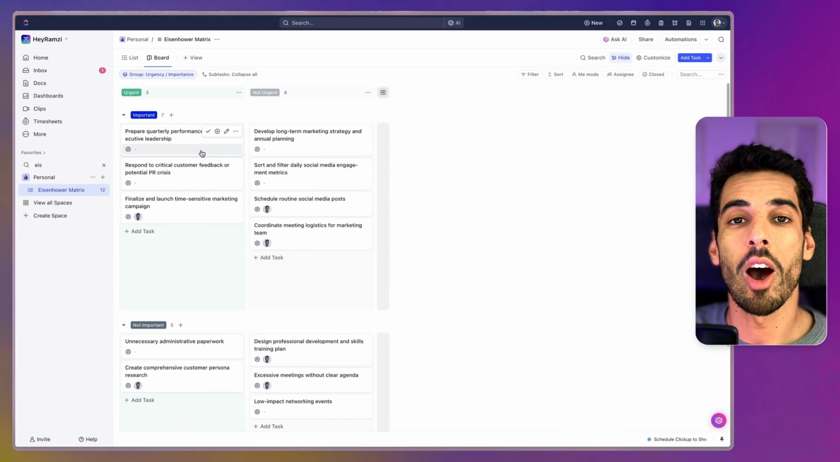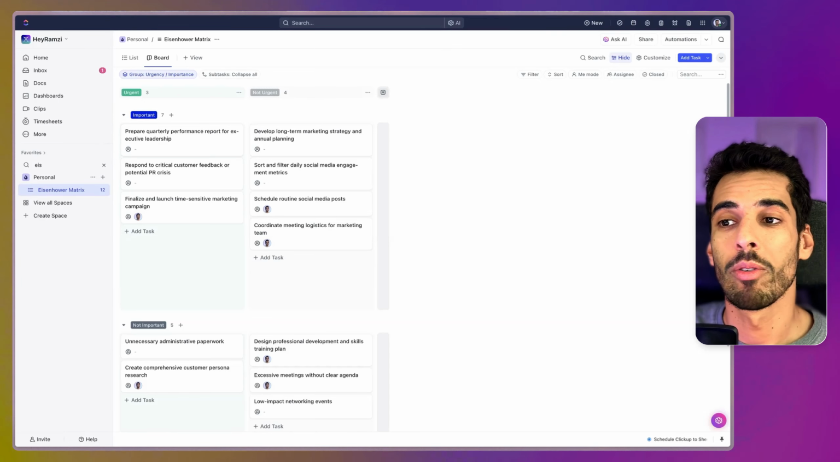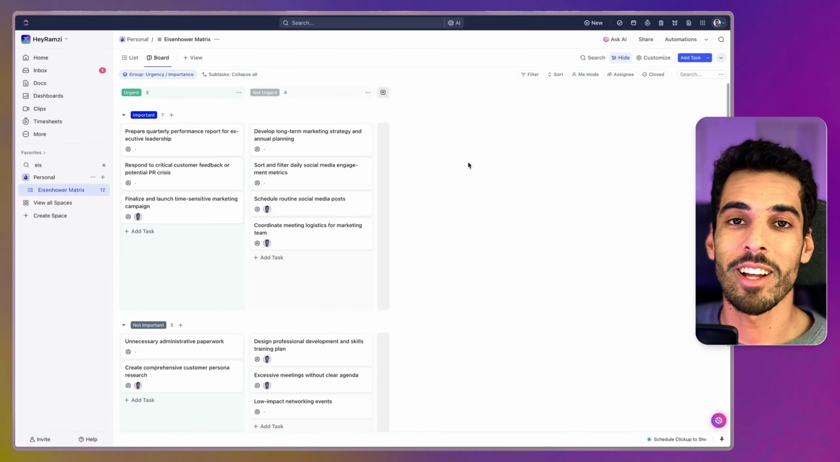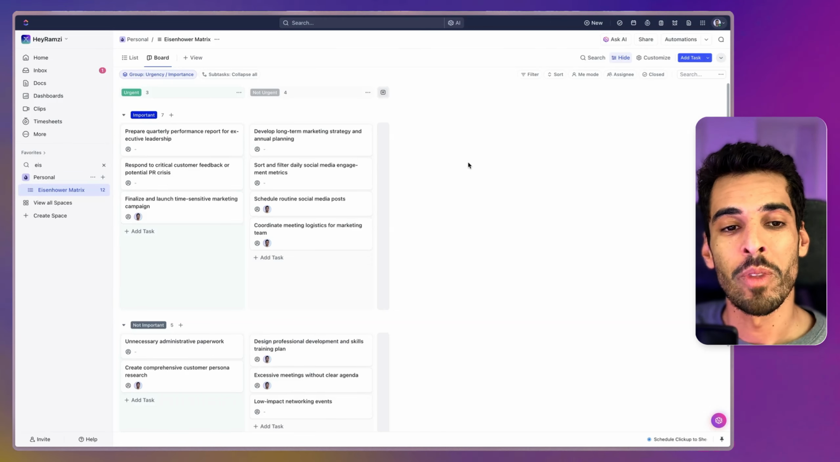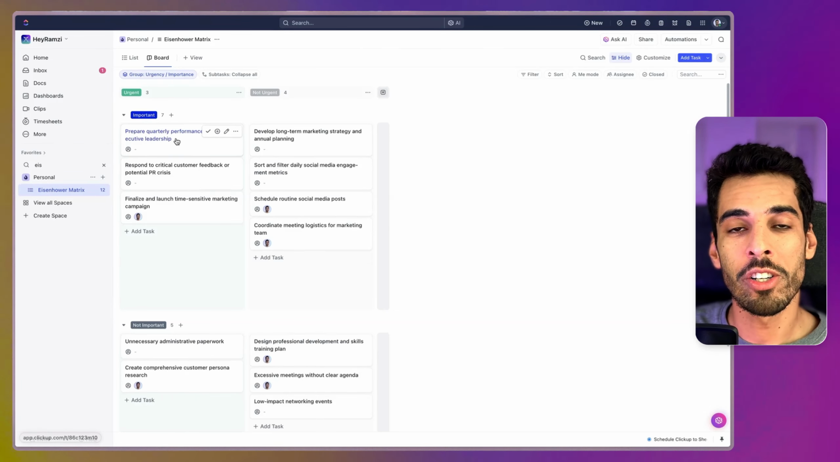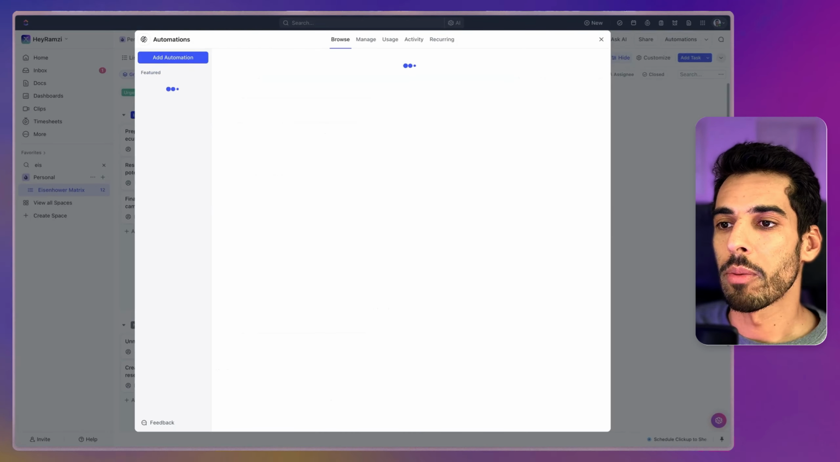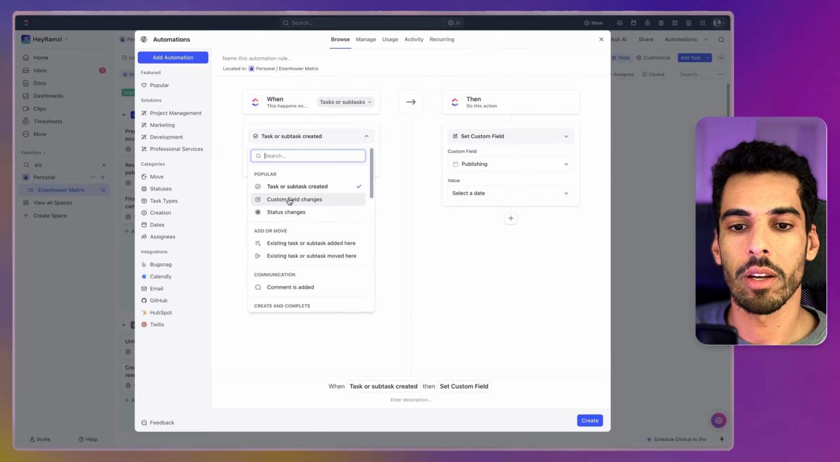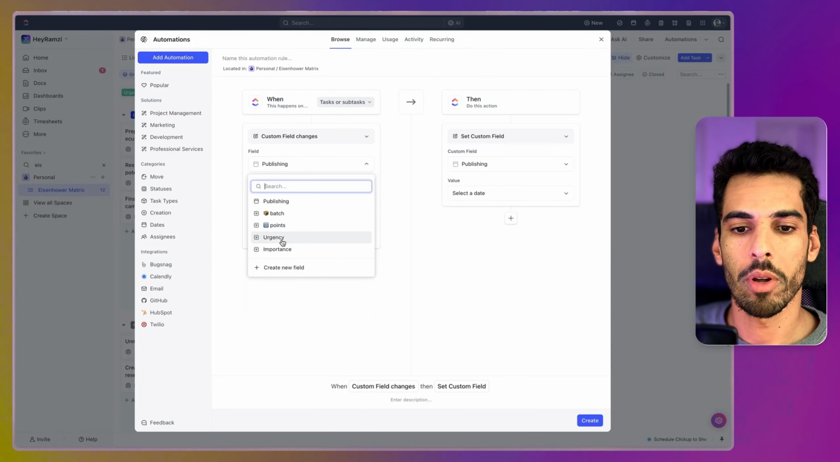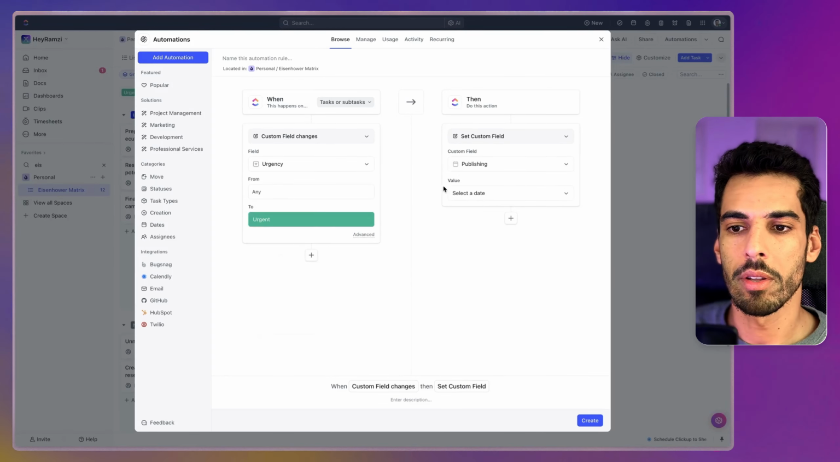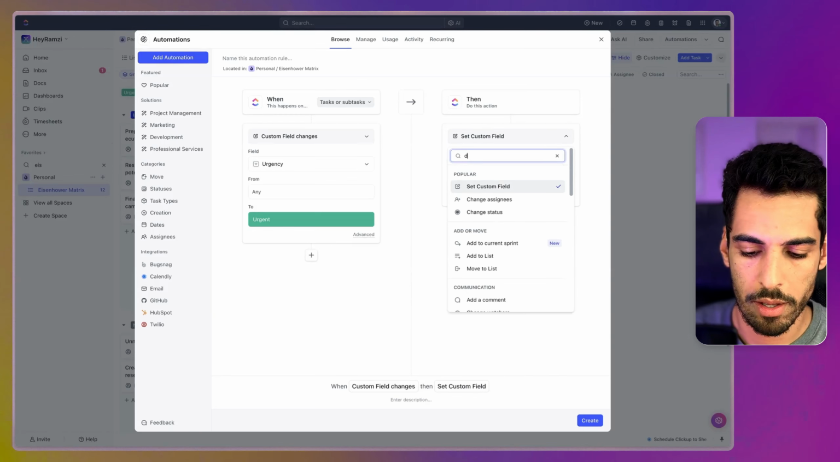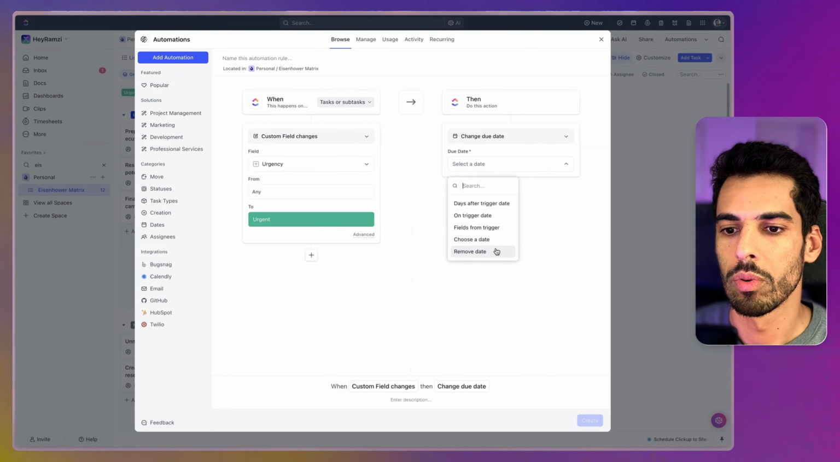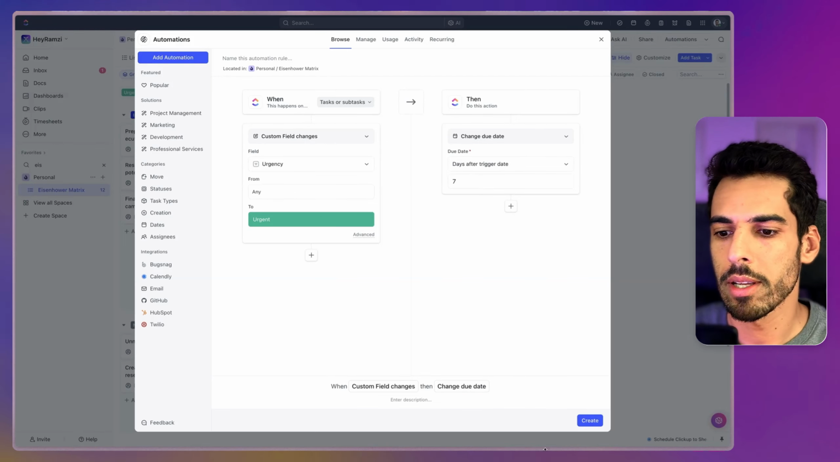Now, this matrix can obviously be combined with ClickUp automations, and that's not something that Eisenhower had. So you could say, if a task is urgent, please set its deadline within 5 days. Here's an example automation. We're going to go into automations and change task custom field changes, and we're going to pick urgency. And if it's urgent, then please set the due date to 7 days after trigger date, for example,